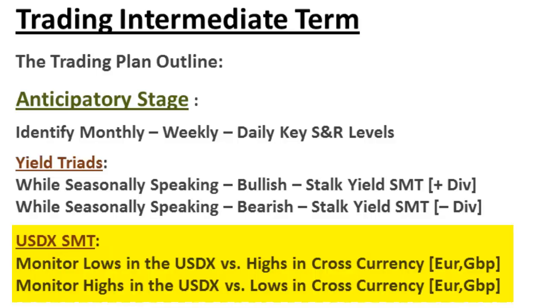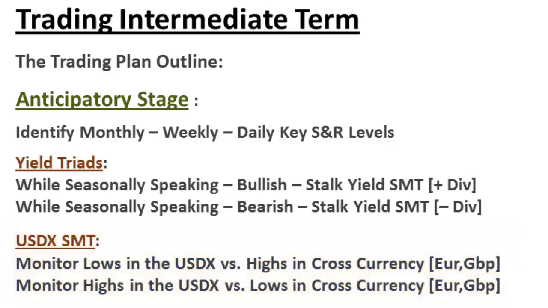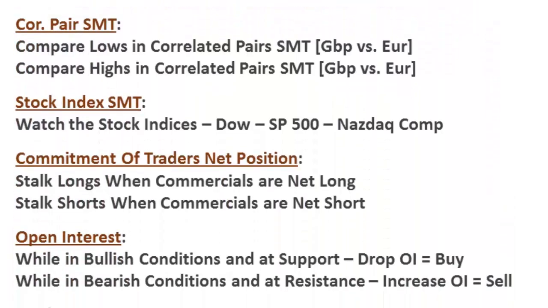If the US dollar index fails to make a higher high, while the lower lows seen in the cable or fiber are met equally. In other words, there are lower lows in the cross currency euro or cable. There's a cracking correlation as well. So you have to compare the highs and lows between the three.